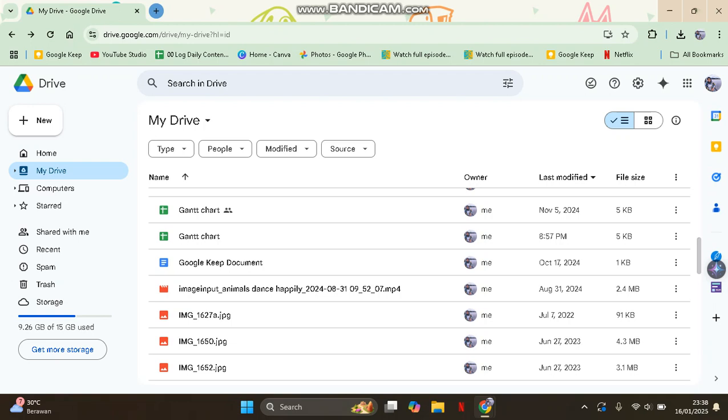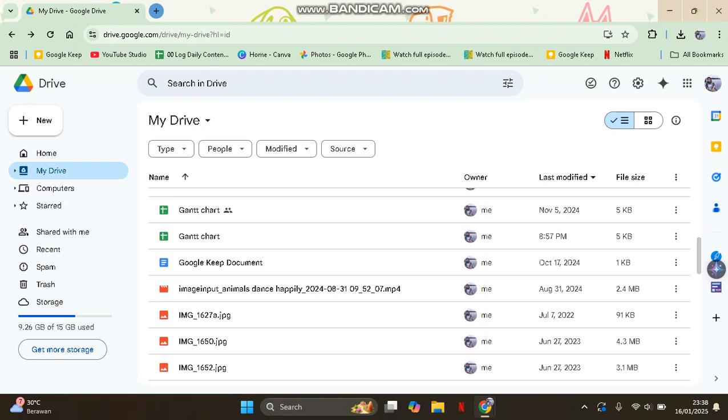On today's tutorial, I'm going to show you how you can organize your Google Drive with folders and labels. So organizing your Google Drive using folders and also labels when using Google Workspace apps like Google Docs, Sheets, or Gmail will greatly improve your ability to find and manage your files. Through this video, I'm going to show you a step-by-step guide on how you can organize your Google Drive